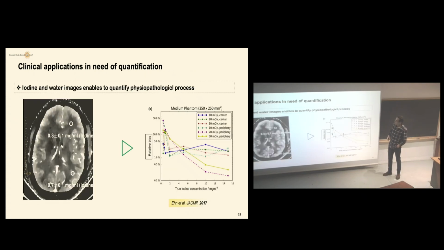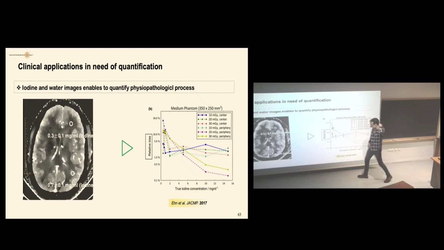What about clinical applications that need quantification? So spectral CT imaging, we saw, can quantify the contrast agent distribution with some limitation, like bone contamination. Anyway, when you talk about the brain, you don't usually have bone inside the brain. So you see here, in 2 regions of interest, you have different concentrations of iodine. So my question might be to those who perform brain imaging: why is there a difference in terms of quantification of iodine between this region of interest and this one? Do you know why?